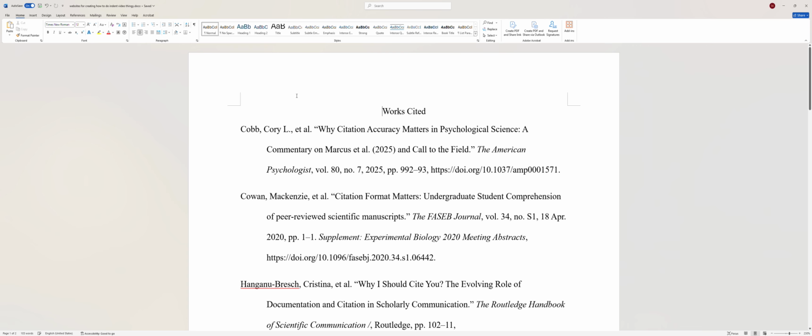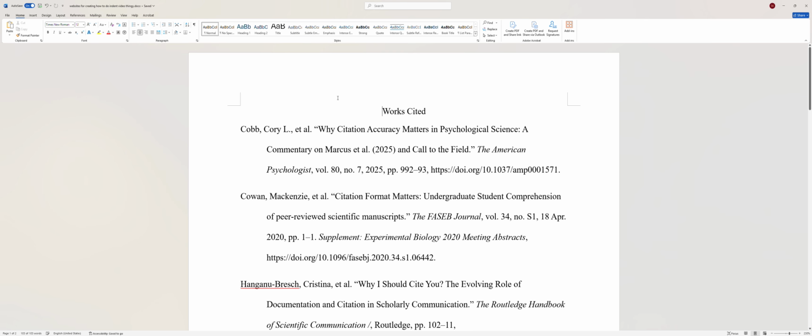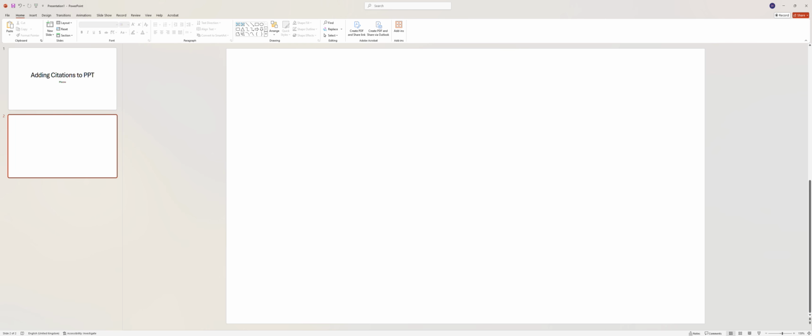For selecting, Control A is to select everything on the page, and then Control C is the keyboard shortcut to copy. And then when you want to paste, if you just paste straight from a Word document to PowerPoint without a text box, it should typically format it correctly, but I'm going to show you an example of if it doesn't. And a recommendation, do not paste into